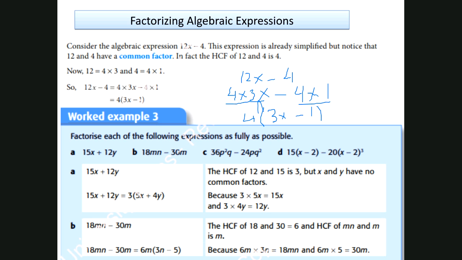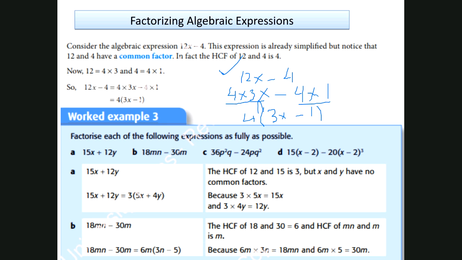You know, last time what we were doing was expansion. Expansion means you multiply the factors with each other, and in the end whatever expression you get, like 12x minus 4, is the expanded form. But now this is in factor form, meaning 4 as an HCF I have taken as a common and the remaining is this thing. So see another example,